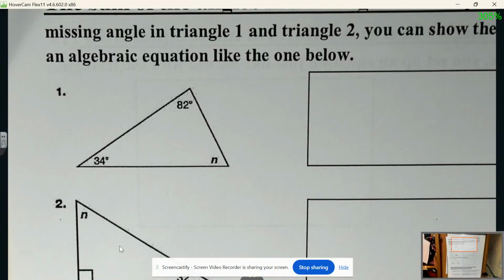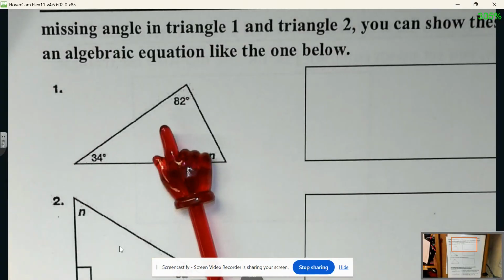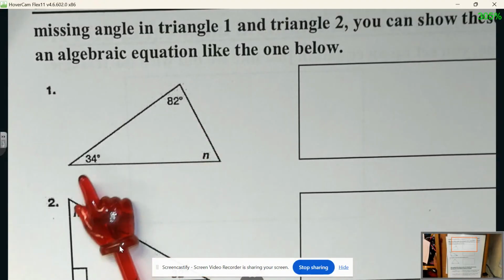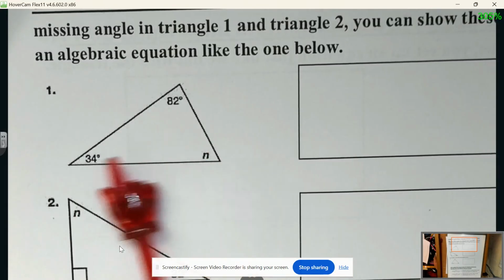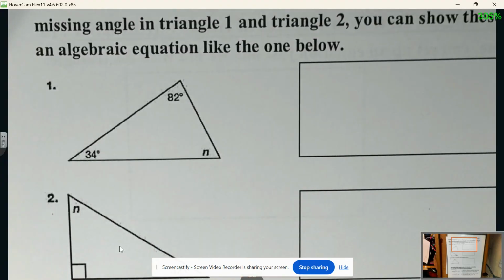All right, this is lesson 834. So, a couple of things we learned about triangles. Yesterday we learned that if you take the three angles of a triangle, they should add up to a certain amount every single time. So, if we look at this one here,